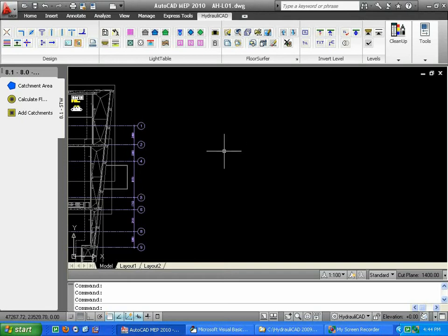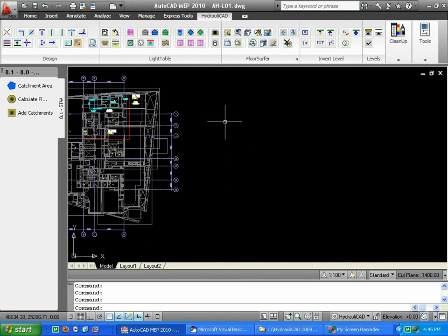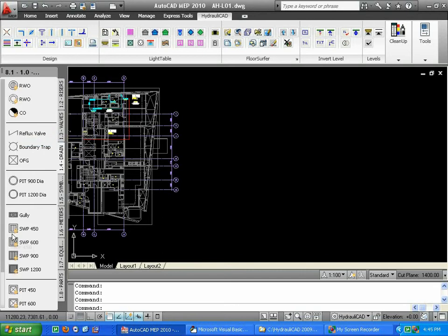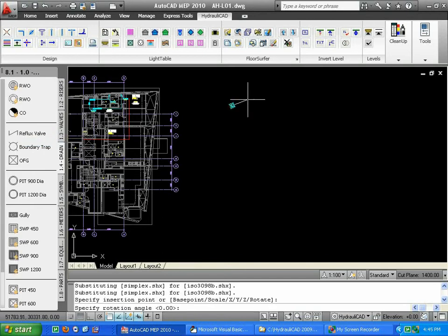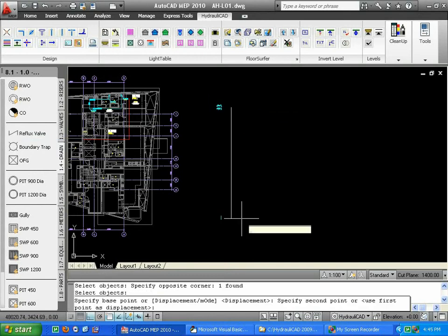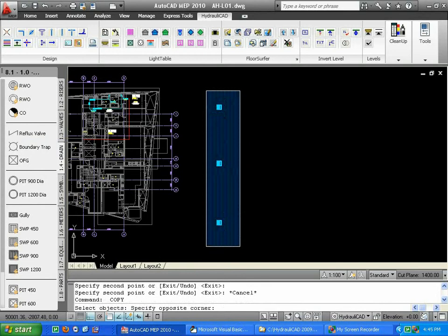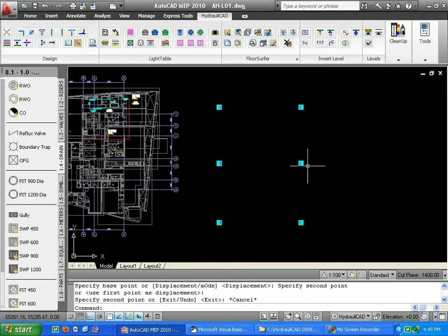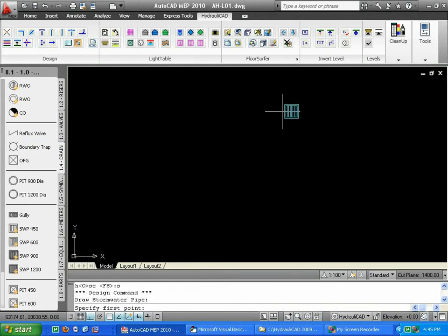We can also use the invert level program on in-ground drainage, which can give a good description of what the invert level and the depth of the pipe is. So if we were to put in some pits, let's just put in some 900 pits. And we said we want one there, one there. And if we link those pits up with a stormwater line,